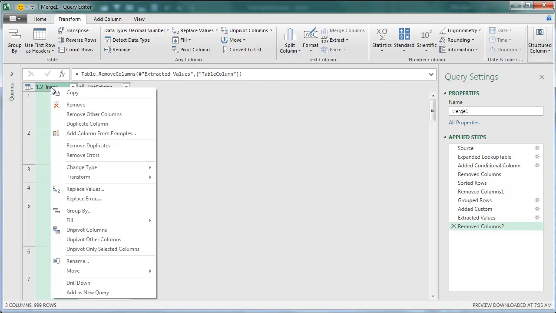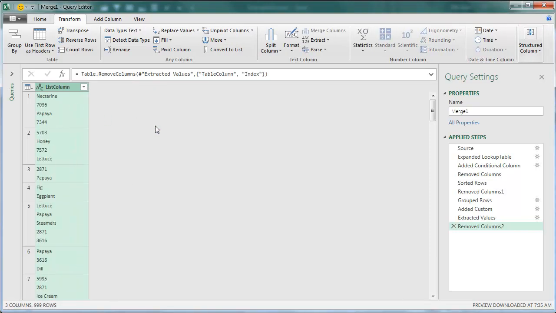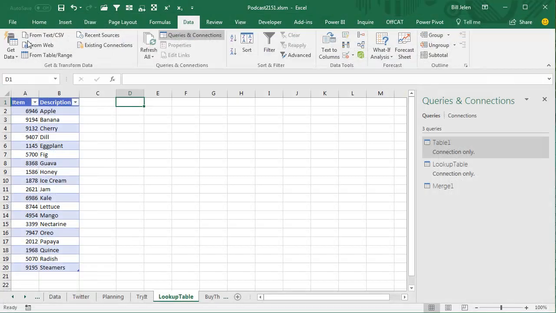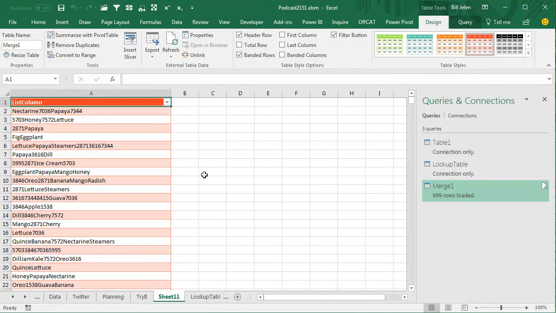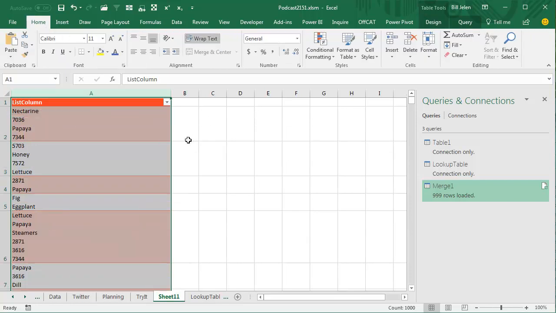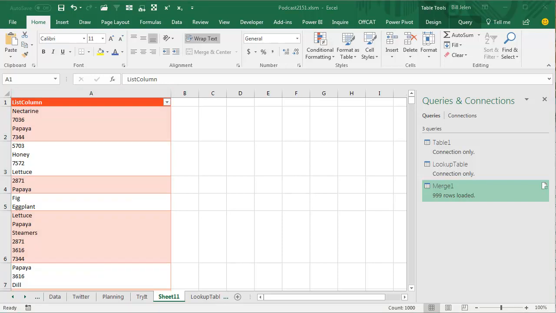All right, so I can right click and remove this. All right, and then finally home, just straight close and load, which brings it back into a table in Excel. All right, but it doesn't look like it worked, does it? That's because by default this table does not have wrap text turned on. So home, wrap text, and we now have our new data doing the equivalent of VLOOKUP for each item in the list. And when an item is not found, the original item number is still there,